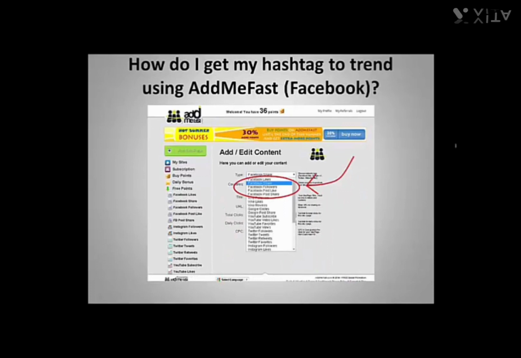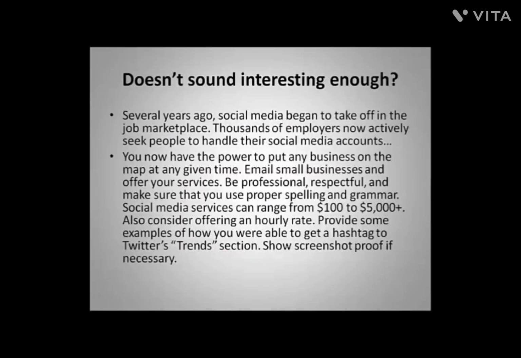And here's the Facebook one. Facebook share, Facebook likes, followers, post like, post share. I would take advantage of all of them if I was you guys. This is really going to help you. If you're using Facebook share and Facebook post like and post share, you might as well use followers, you might as well use likes, and really just build yourself up on Facebook. This is going to get Facebook to view you as an authority, and they're going to give you a lot more trust than a newly created account. So you guys are definitely going to want to build that up as well, to really increase your chances of being able to hit that trends list and really reap in the profits from that.